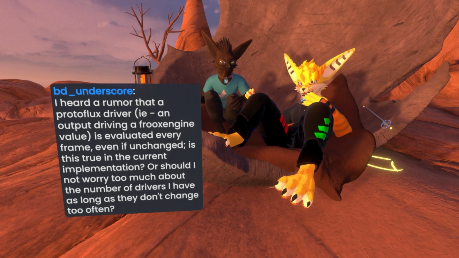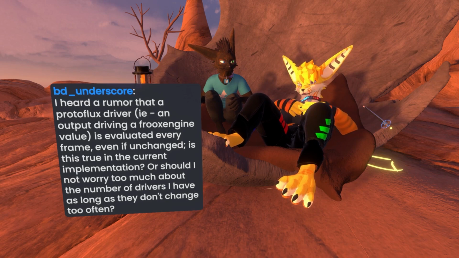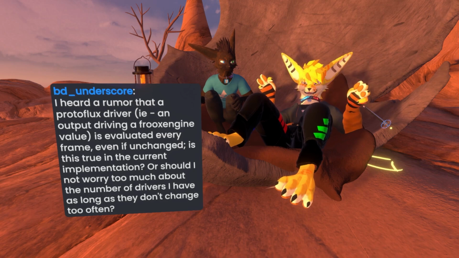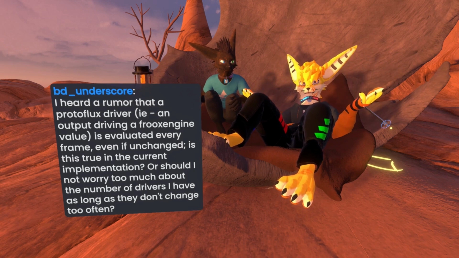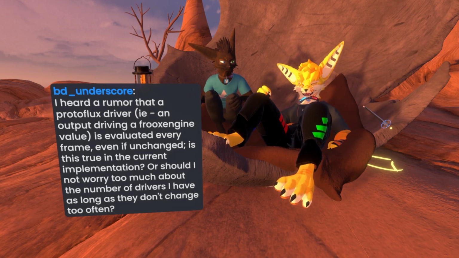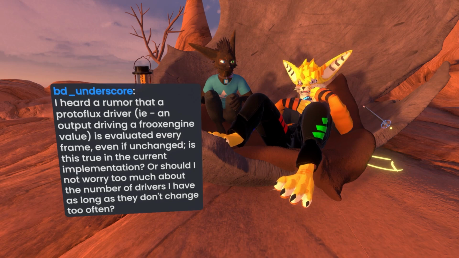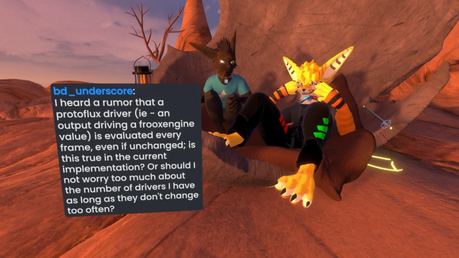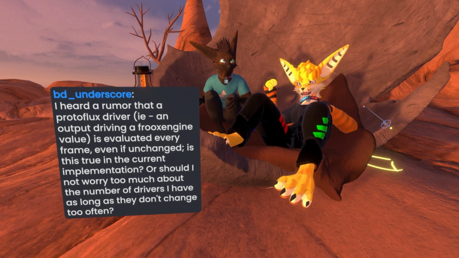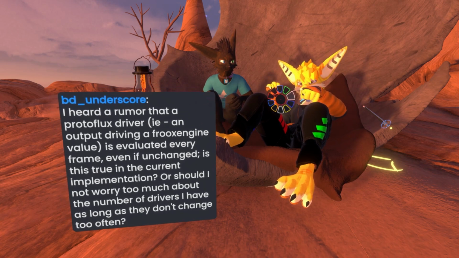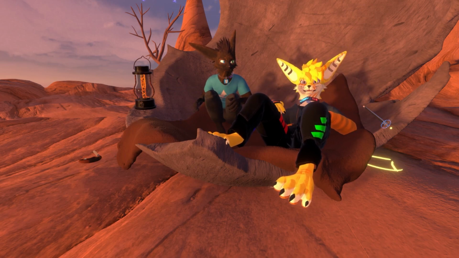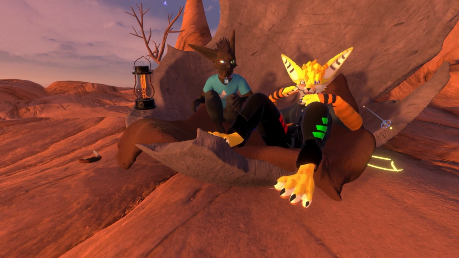We've seen both happen, and until somebody makes a solid report, like, okay, I have this setup that has nothing continuous in it, this shouldn't be changing every frame, but I've noticed it updates every frame, then it's something actionable. We can look at it and say, okay, there's a bug happening here. But when it's just a rumor, there's nothing to really work with, which means we can't do much about it, and it might not even be true. So if you hear that, ask for sources, ask people if they have any solid data that this is actually happening or not.